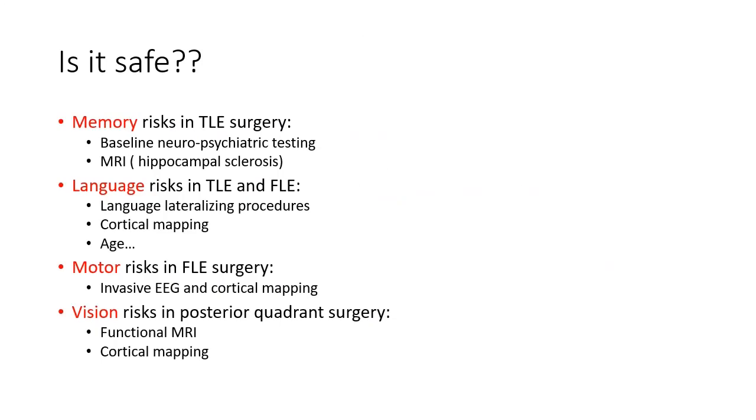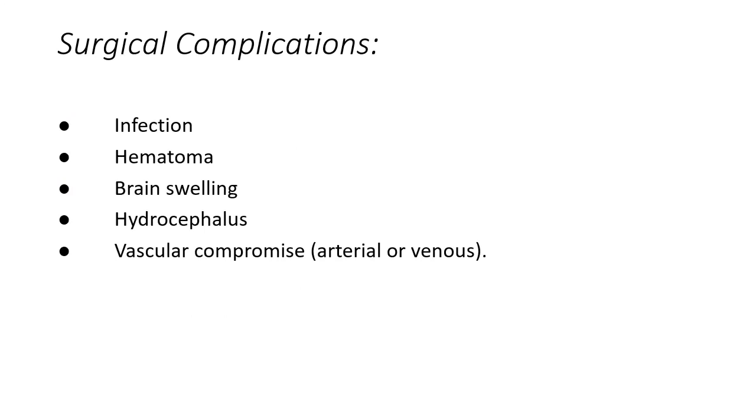The last portion of the chapter goes over the complications of surgery and covers the main question that patients ask, which is: is it safe? And we go over a detailed discussion of the main complications and neurocognitive outcomes that could be seen after surgery, the assessments that we do to try to minimize those risks, and go over a detailed discussion of the specific surgical complications, including infections, bleeding, and others,